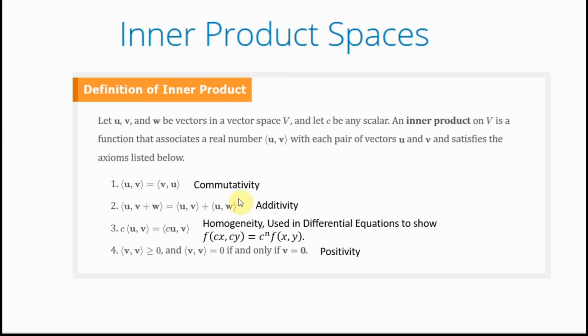Here, an inner product must satisfy these four statements, these four axioms. I put the name of what they're called here. In terms of the first one, you look at that and you can tell that that's commutativity. The second one looks like the distributive property, and that's exactly what it is. It's the distributive property for vectors. We call that additivity. Number three, here we have this scalar that could be multiplied to the inner product, or that scalar may be multiplied to one of those vectors. Doesn't matter where it is, you can always just pull it out and say that it's a multiplier to the inner product. We call that the